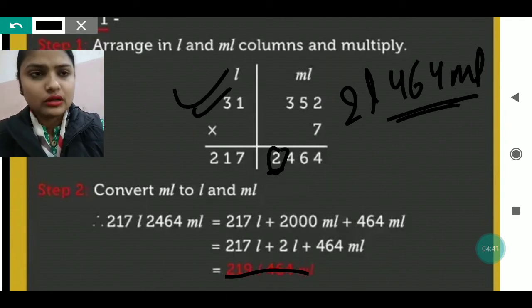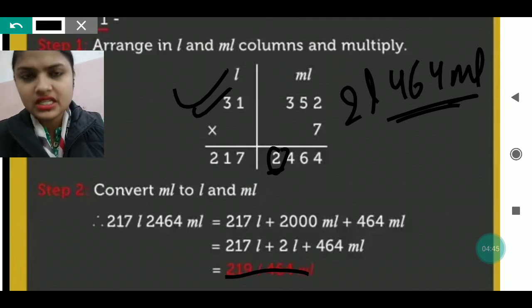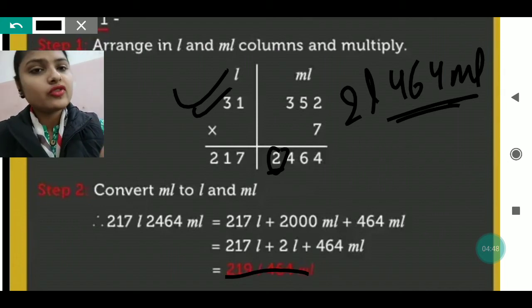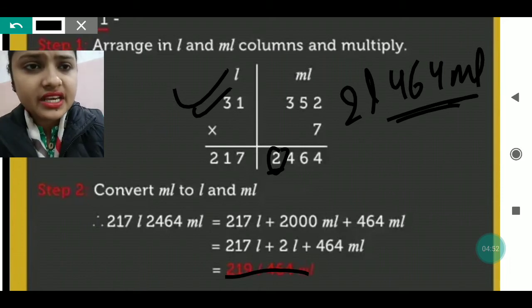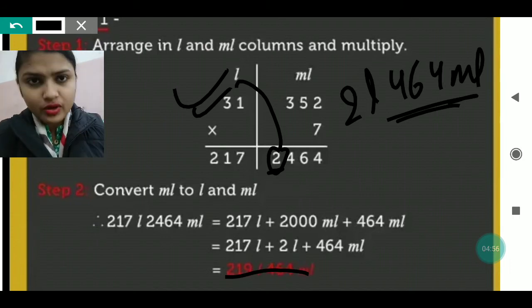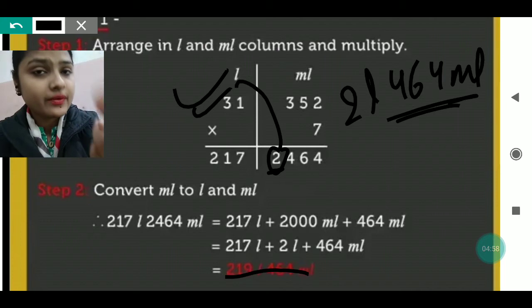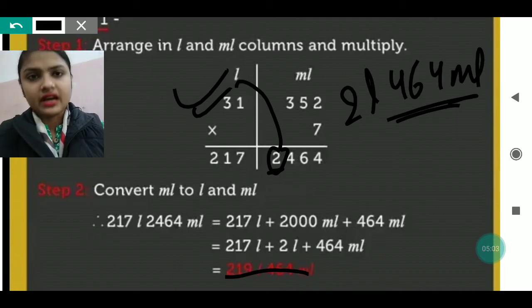Okay, you can do it like this also, but here what you have to do now is convert the milliliter into liter first, and then add that liter in the liter, and then you will get the answer. And what I did, I have just taken this number here because we already know we used to write one number only downside and the second number we used to take upside, and we used to write upside of the next number. So this same thing I have done.